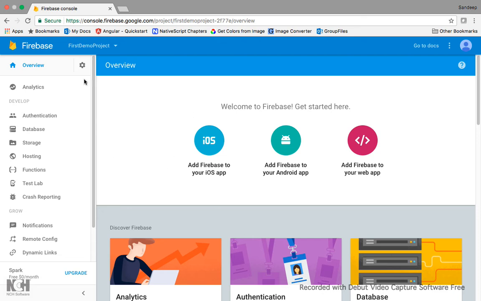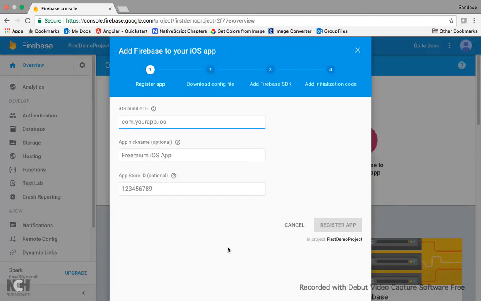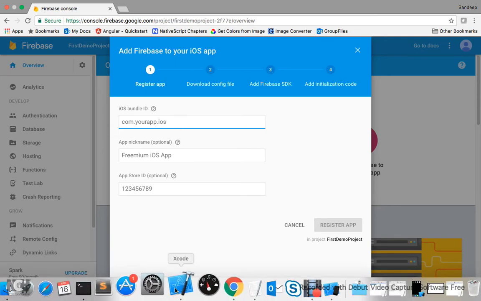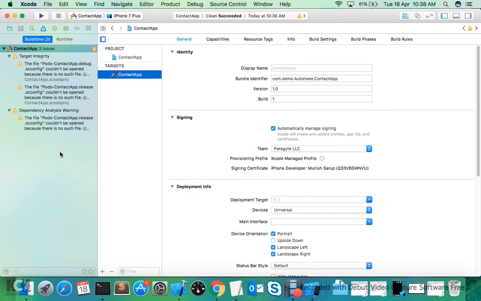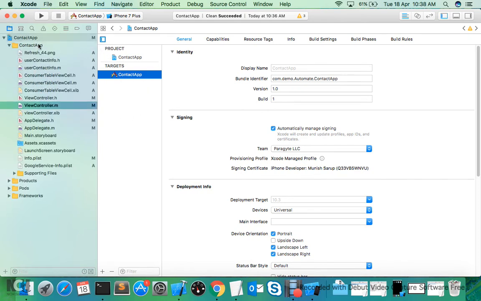After that you can see the Firebase dashboard, and Firebase will ask you what kind of app you want to add, whether iOS, Android or web app. I will click this iOS app, and now it will ask you for the bundle ID. To add the bundle ID you need to create an app in your Xcode. Here I already created an app in my Xcode, so I just copy the bundle ID from here